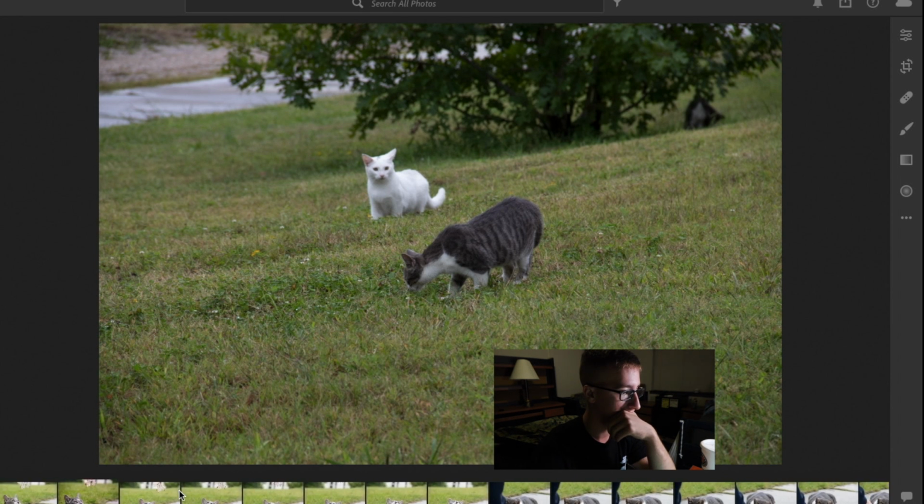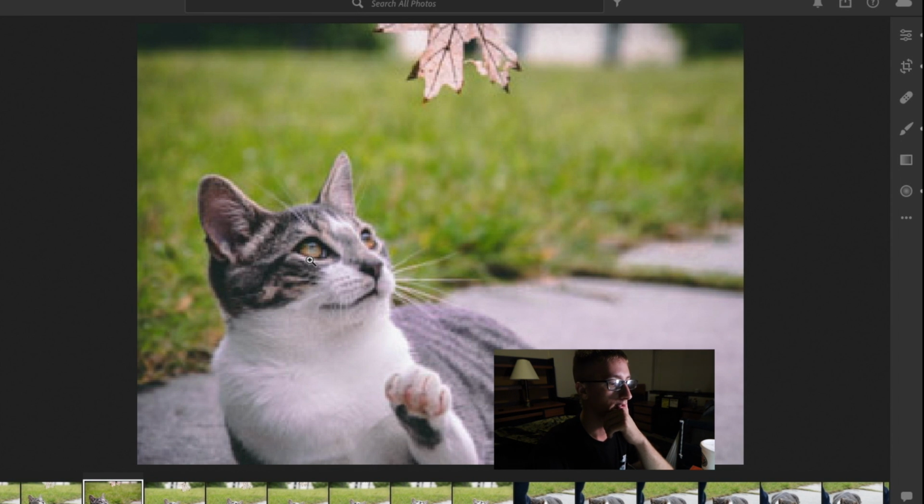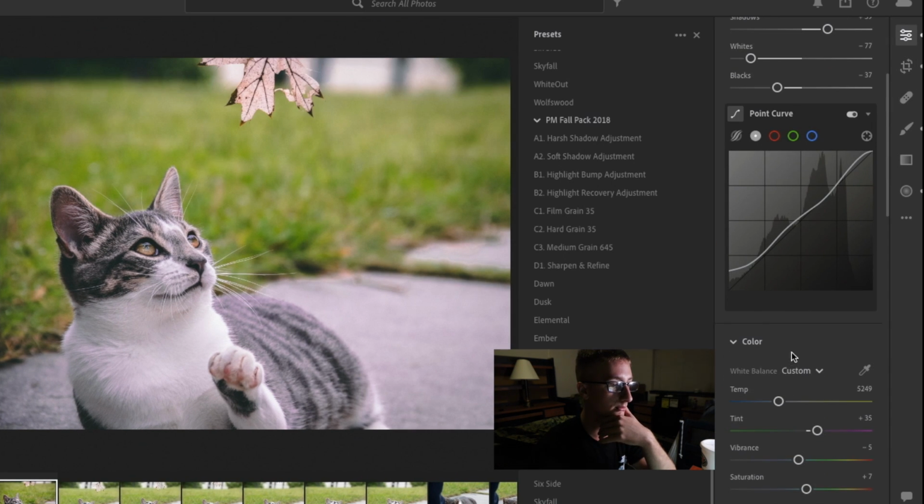There it is. So for this one, I thought it was pretty simple. I don't like to mess with the colors of animals too much. If anything, I actually like to brighten them up a little bit, bring more saturation back into their face, into their eyes, which I've done here. All I did for this one was I used Peter McKinnon's preset called...